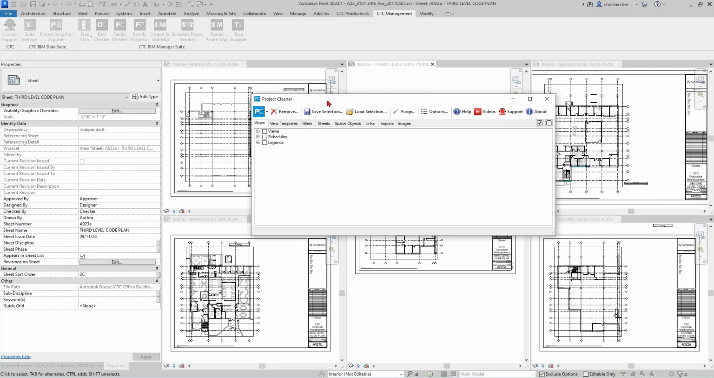You want to lighten the load for them a little bit. Project Cleaner helps you do that. Effectively, think of it as a big purge utility without giving you the same purge features that Revit already offers. So things like views, view templates, filters, sheets, spatial elements, rooms, area, spaces, links, imports, and images. These are all things that sometimes need to be deleted,